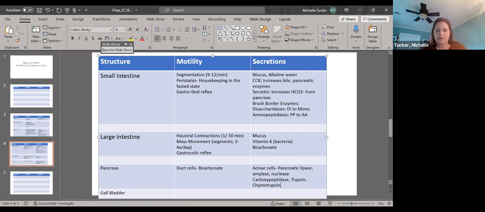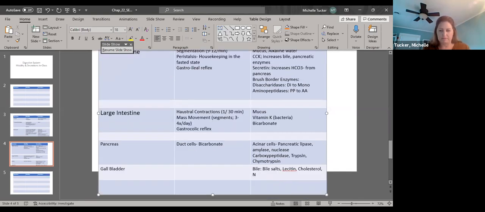Okay. The gallbladder is going to produce bile, which are bile salts, lecithin, cholesterol, bilirubin, and bicarbonate. And so that's it for this table. So I'm going to give you guys a minute to